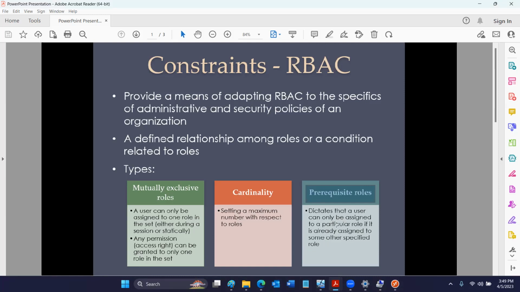It dictates that a user can only be assigned to a particular role if it is already assigned to some other specified role. By that, they mean in order for you to be a member of the bookkeeper group, you have to be a part of the finance group, right? One of the prerequisites is that it has to be a part of the finance group. Now that's probably an oversimplified example, but